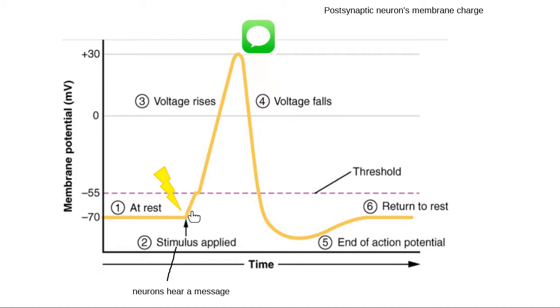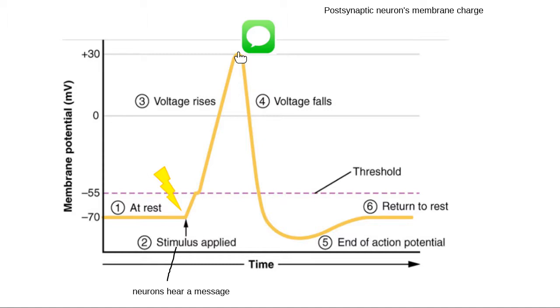If those changes are enough, they're going to push me over that threshold value that we talked about. If I get enough information from the presynaptic neuron, if its messages are enough, I will hit threshold, and that's the point when I, as a postsynaptic neuron, decide I need to go talk to somebody about this. This gossip is too hot for me to pass up. I got to share. So we go up using that process that we talked about called depolarization,